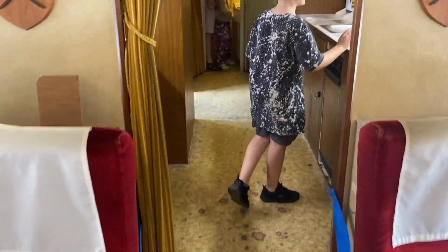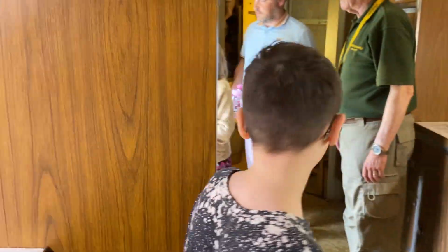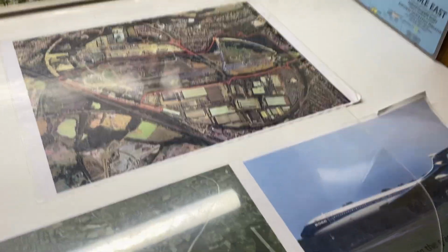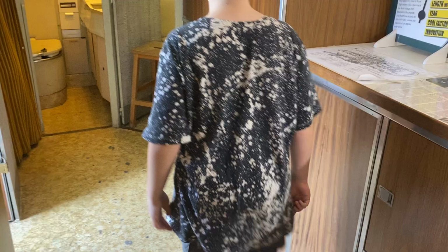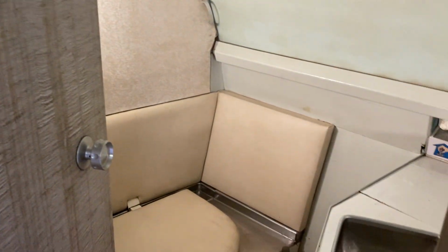Then we have more of a kitchen area back here. This is like the rear galley. Feels like a regular jet, this would be the rear galley, and it still is, because even though it's a private jet, it is the rear galley. Bell, if you're in the loo and you couldn't open the door, then we have some VC-10 history. This one here is cutting the grass at Brooklands. I believe this is the other one that's here, isn't it? Before they tore it apart, put on display. And then these are the toilets. Toilet 1, toilet 2, and I don't know what's behind there. And we have more components of the aircraft back there for the engines, because all 4 of them are back there. And if we come outside,